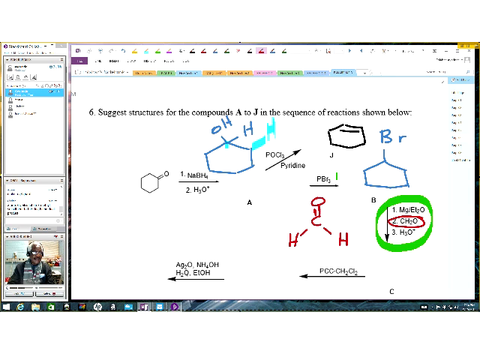Chelsea says a primary alcohol on the methyl substituent to the ring is the final product. Oh, okay, yeah, I got you. Then Ayana said Grignard reaction. Excellent, that is correct. So we are performing a Grignard reaction here. In other words, what are we doing here? If you look at this here,